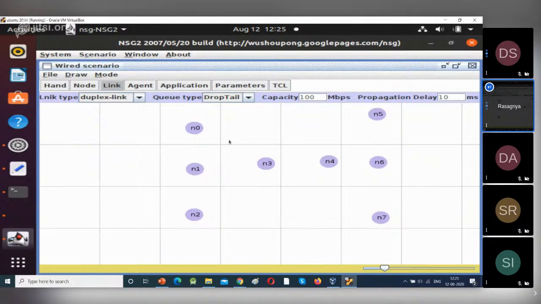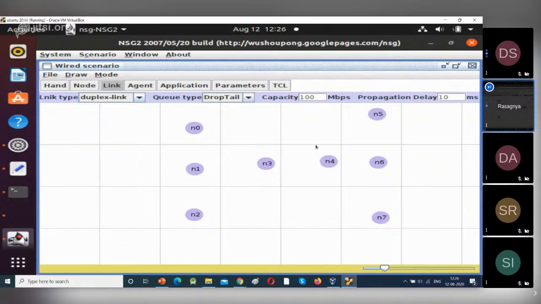To observe the performance of drop tail, I'm changing this link capacity because it will drop the packets, right? Drop tail is nothing but when the queue is full, it will drop the packets from the tail of the queue. To observe the packet dropping, I'm changing this capacity. Here we have 100 MB capacity for these three devices, but here we have only 5 MB capacity. Here capacity is more, so it will send more packets, but here capacity is less. This entry will receive data from these three devices. So there will be multiple packets at the entry, but the link capacity here will be very less, right?